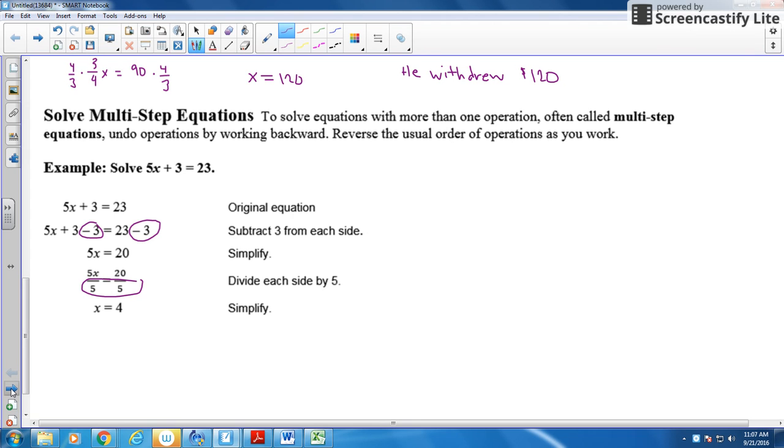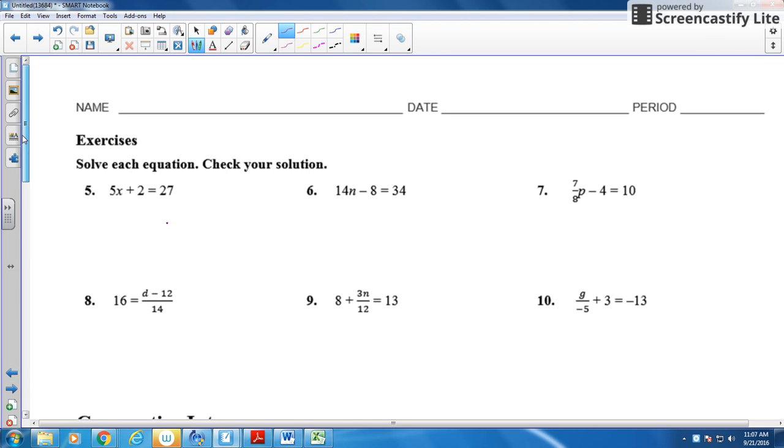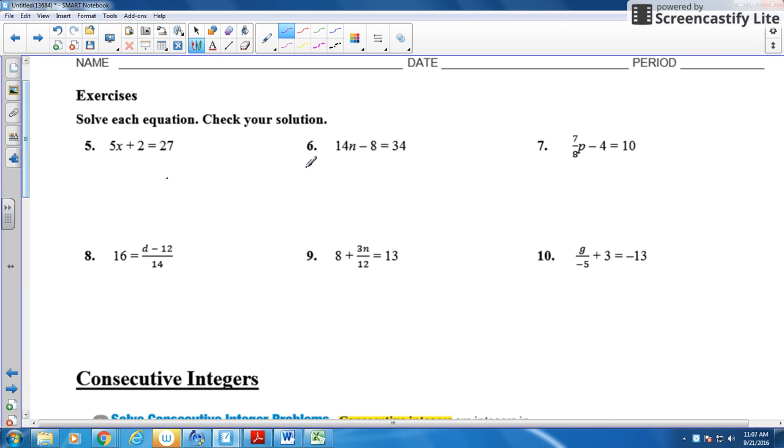Okay, very good. Now, moving on to the back side, there's two problems I really want to focus on. Number 7, we have 7/8 times p minus 4 equals 10. So the last thing that happened was minus 4. So to undo that, I'm going to add 4 on both sides. So now I have 7/8 p